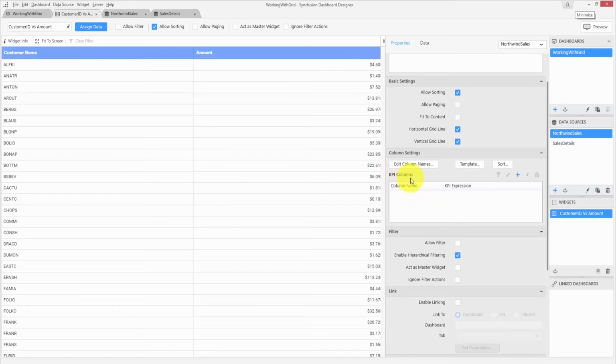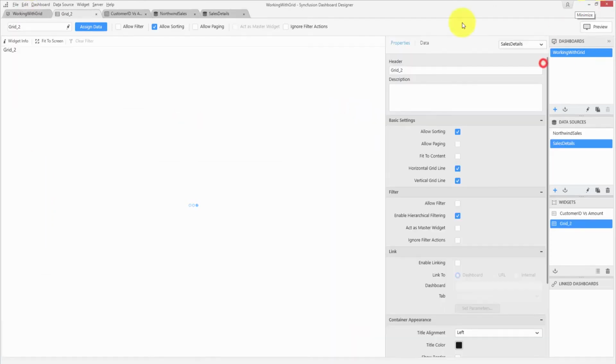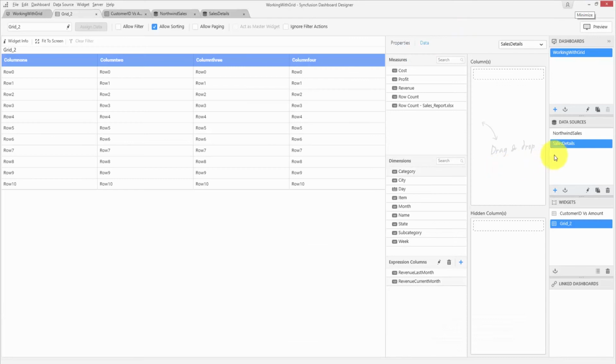Let me add another grid widget to show this. I have the sales details in a separate data source. Also, I have the revenue that is calculated for last month and also for the current month. Let me add the necessary columns.